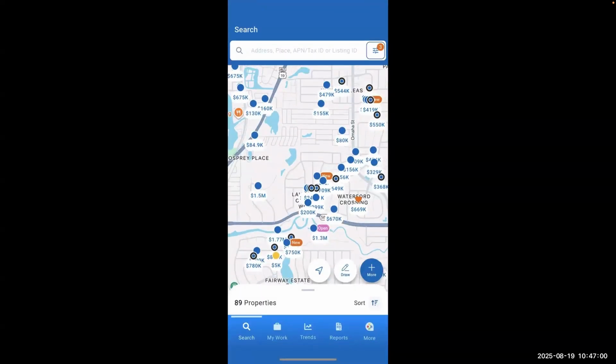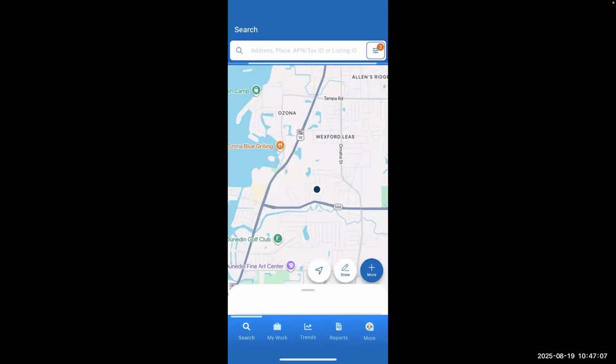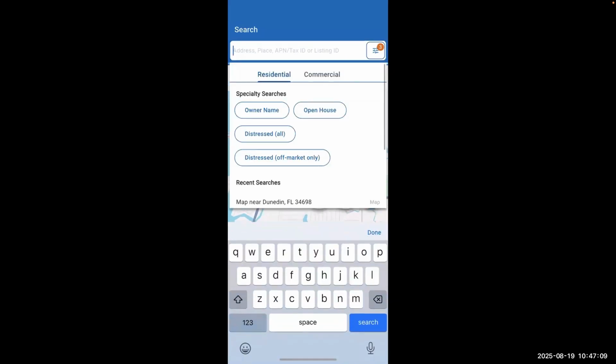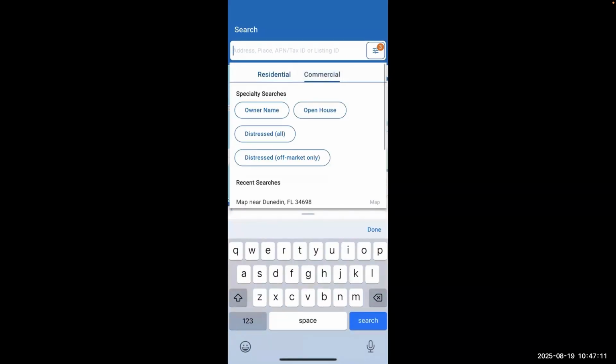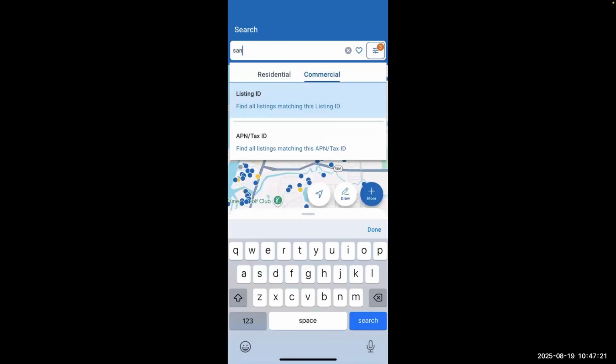Now, I live in the Tampa Bay area of Florida. So I am just going to go to my search and I'm going to go into, at the top, I clicked that commercial property search and I'm going to search